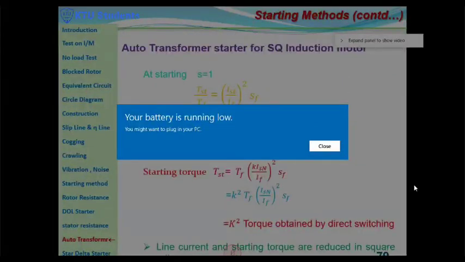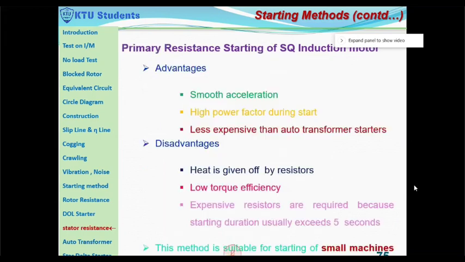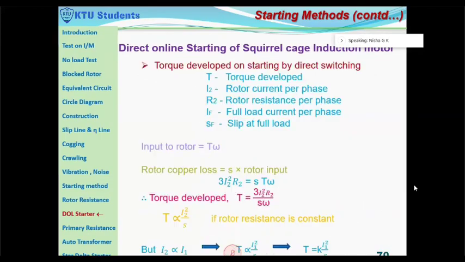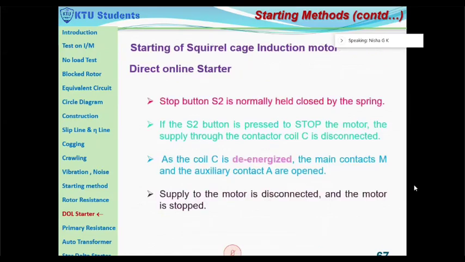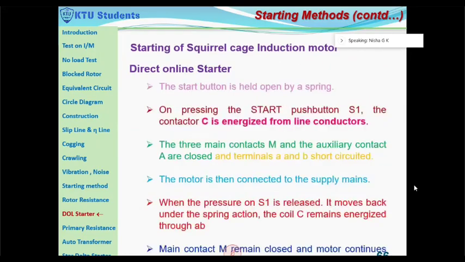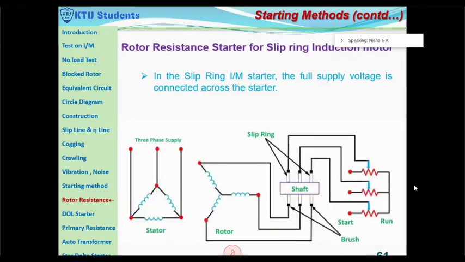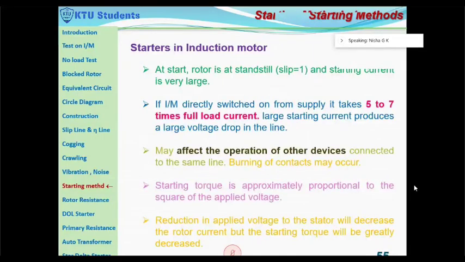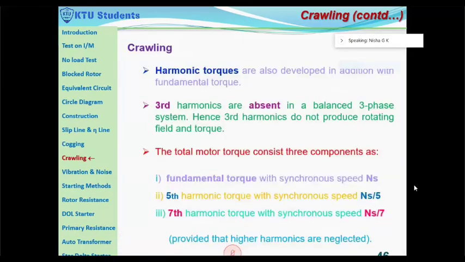Suppose you have to get the efficiency line: draw a line parallel to the reference line from the Q point, then you have to get an end point. The end point will be obtained by the line joining the output line. When you extend it to the reference axis, you will get one O dash point. From that O dash point you draw a vertical line, which will meet at the parallel line. So that will be the end point. That is the efficiency line. That efficiency line can be divided into 100 equal points. Then you will get the slip line and the efficiency line.